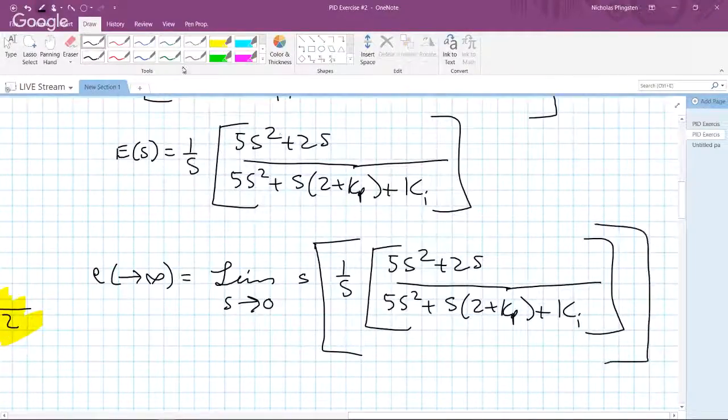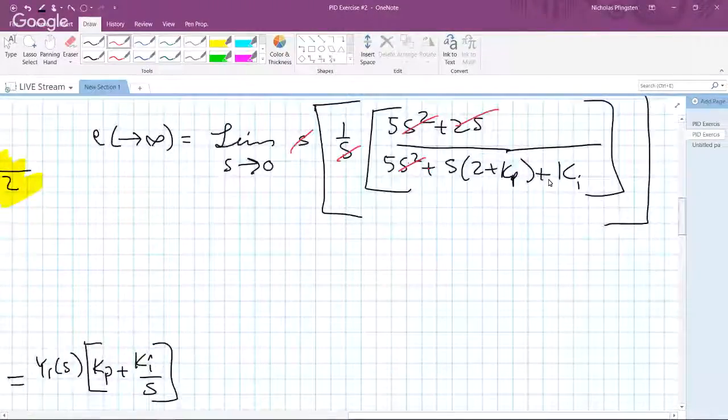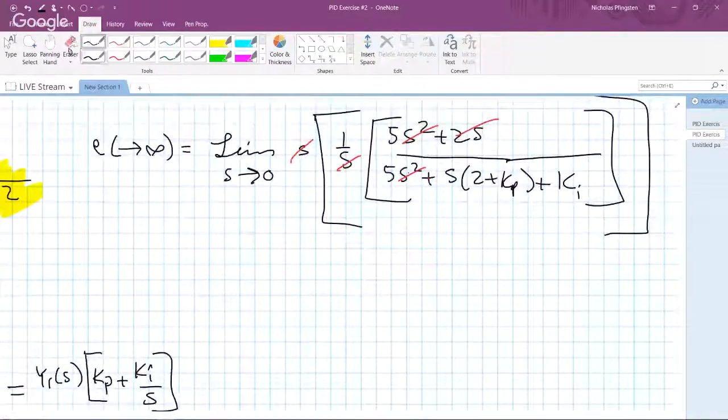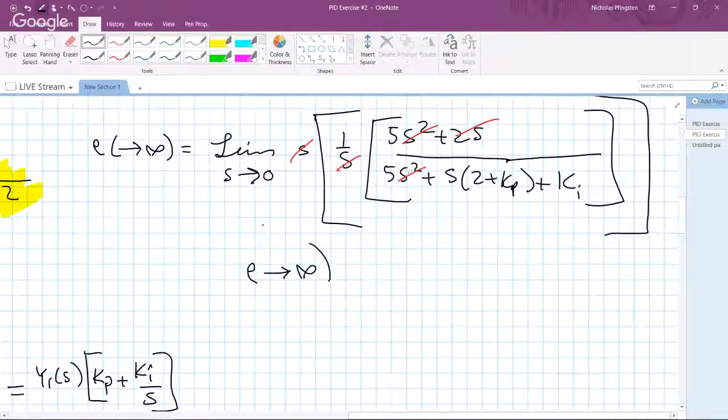And what happens here is your s's cancel. You plug in 0, and this whole thing equates to 0. That's 0, that's 0, that's 0. So 0 over a number is just 0. Conveniently enough. And let's see, is that what, yes. So e as it approaches infinity,